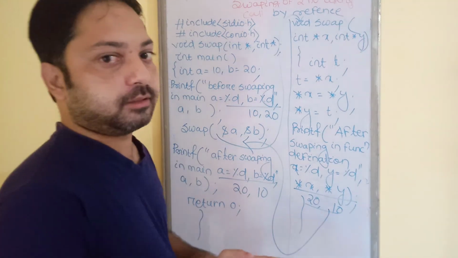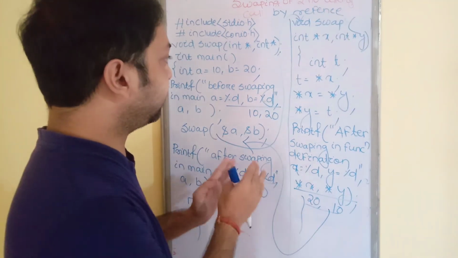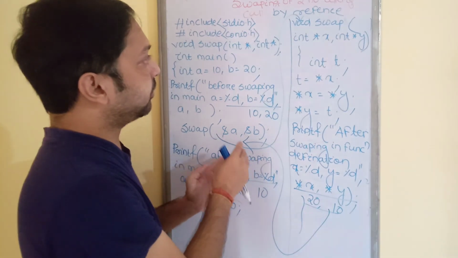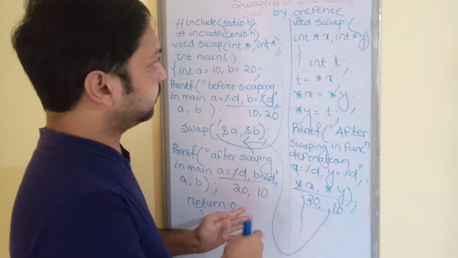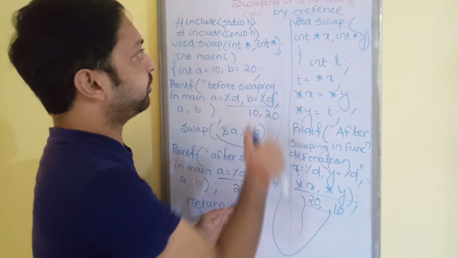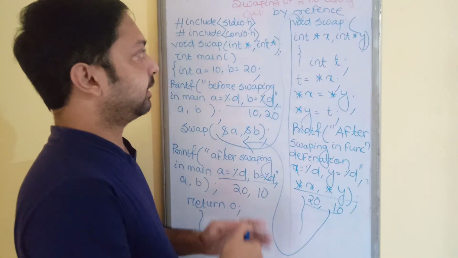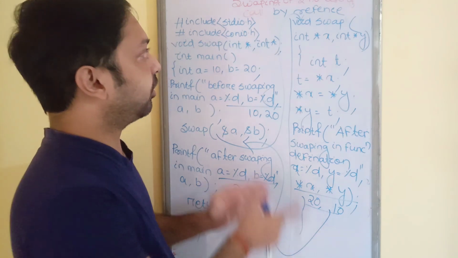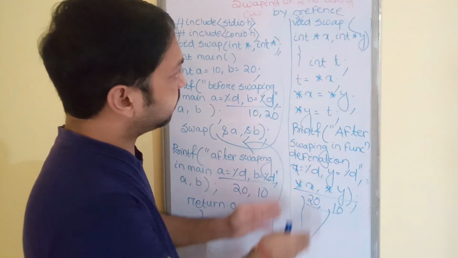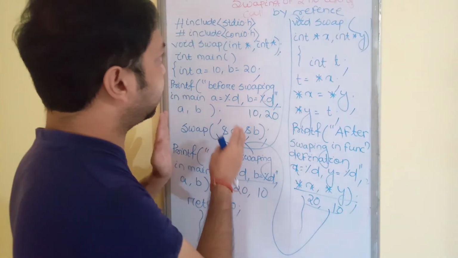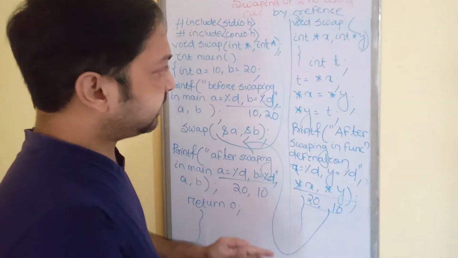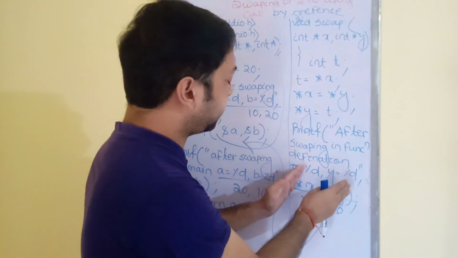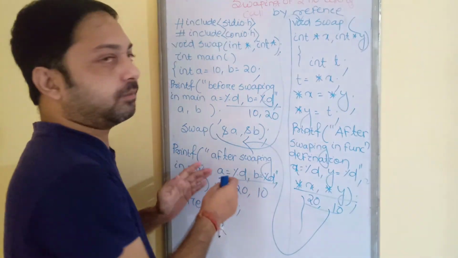So in this video we have discussed the basic difference between call by value and call by reference. Then we have already seen how to implement both by using a simple example, which is swapping of two numbers using either call by value or call by reference. And the gist is that in case of call by value, any changes made to the function definition will not reflect in the main function, whereas in call by reference, any changes made to the function definition part will reflect the value in the main function.